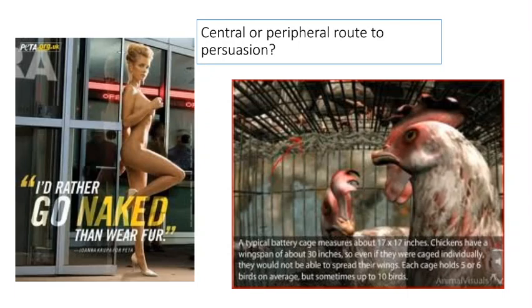I've just left these in as two quite nice examples. On the left, what you've obviously got here is a peripheral route message. It's designed, the naked woman, designed to completely grab attention. On the right, what you've got is a central route